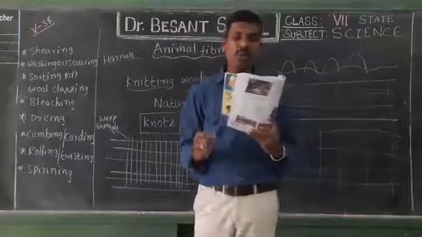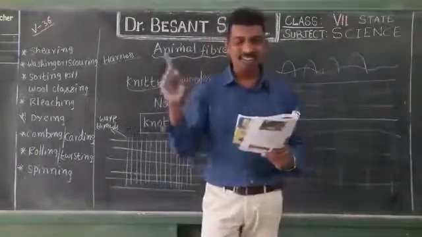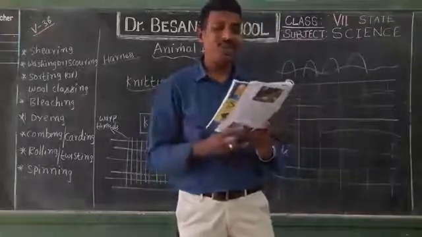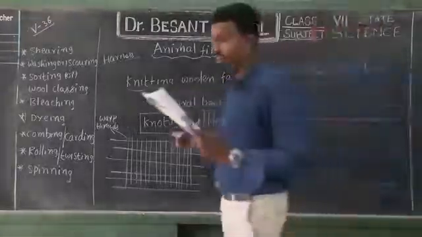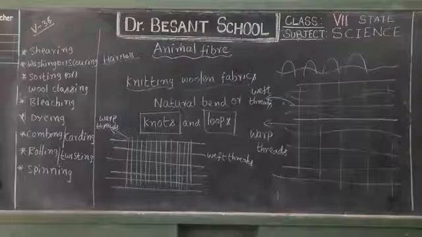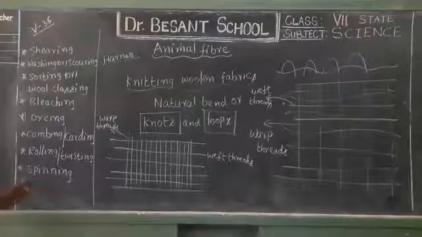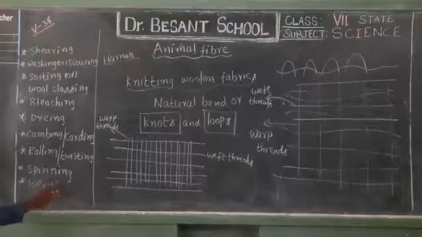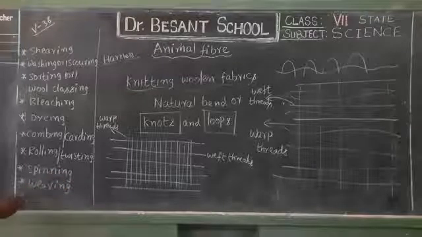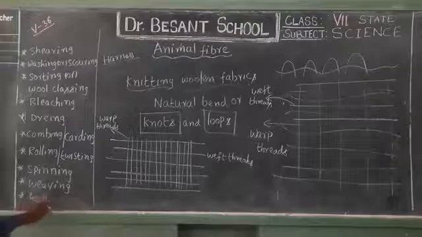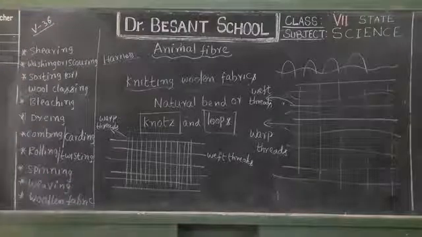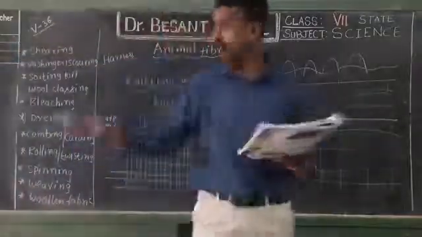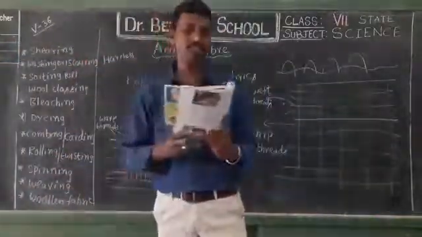Neelima purchased a book about woolen fabrics and a sweater for her grandma and returned home. At home, Neelima made a flow chart to show the process involved from obtaining the wool to producing fabric. Here after spinning, we have the process called weaving. And then ultimately we have woolen fabric. This is how the process of woolen fabric takes place. How we are able to obtain the woolen fabric. These are the different stages involved.